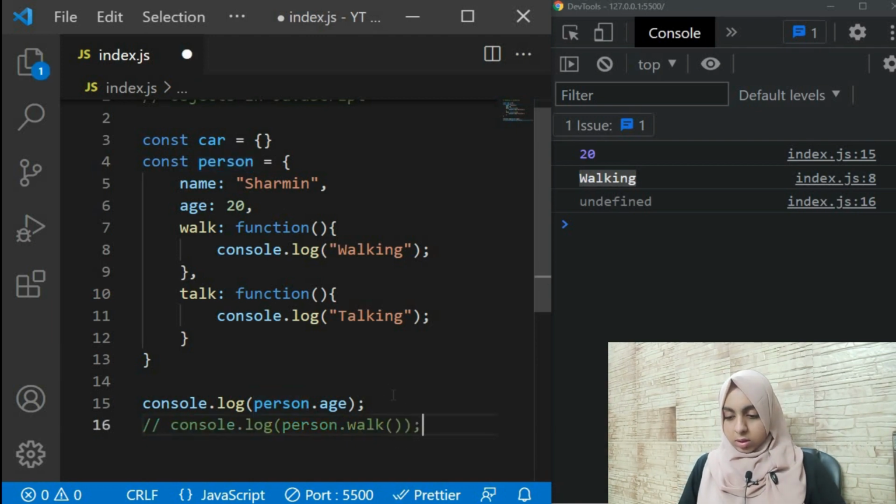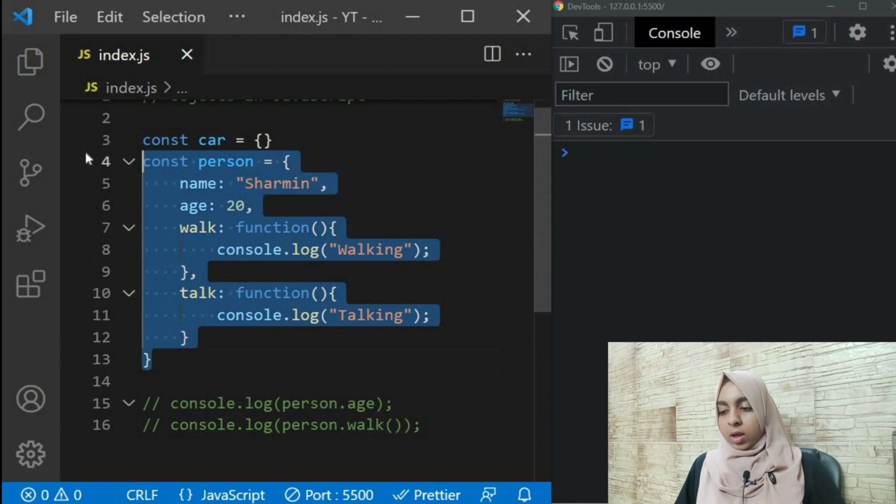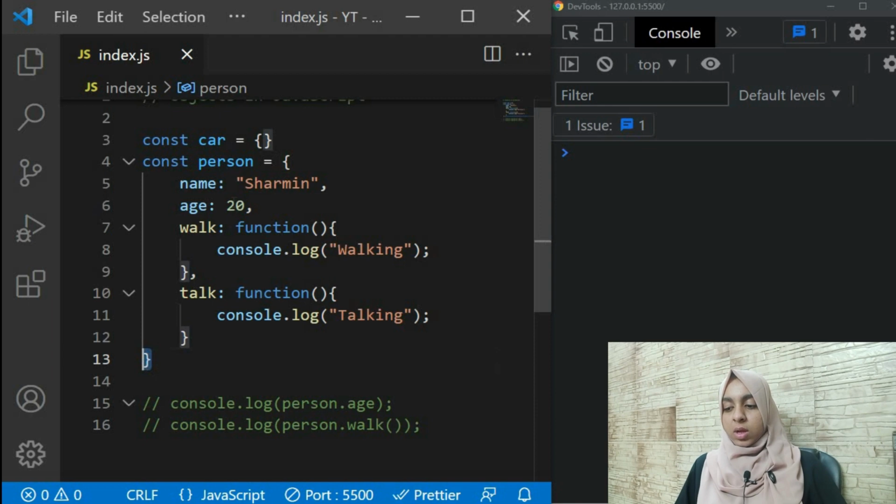Okay, let's comment these. And so this is how you actually define your objects in JavaScript, using these curly braces. And then you have the name, that is your key, and then you have the value, that is your key value pair. Okay, name, that is your property, and this is a key value pair you use to define your property. And here also you have the name of the function, and then here you have your function defined. So this is a method inside of your object. So this is how you define methods and properties in your object.